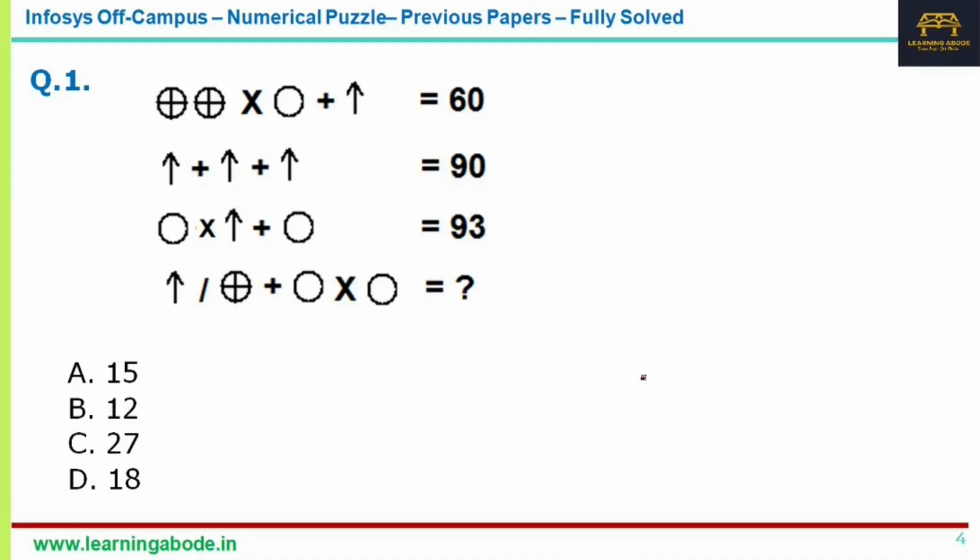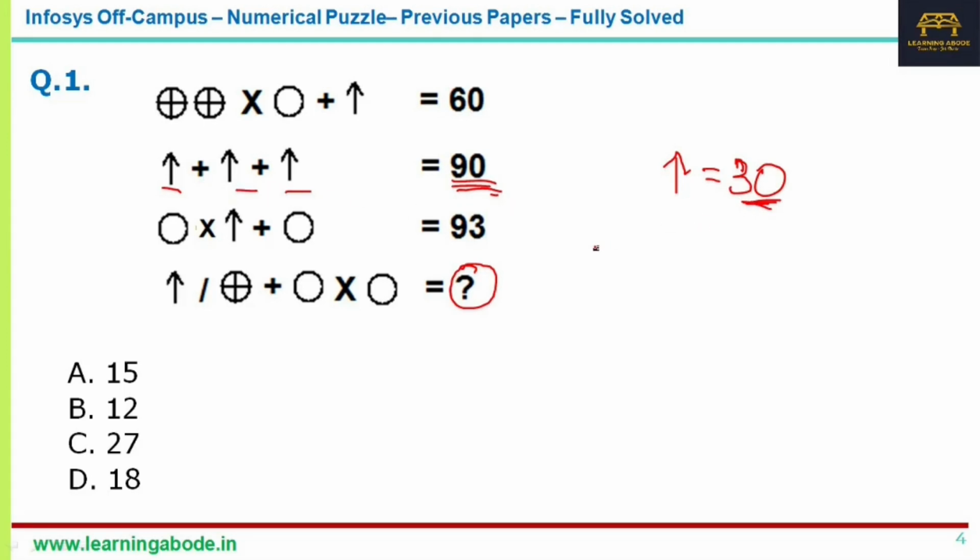Logical reasoning questions are also possible. So here, something has been given. You have to find what will come in place of the question mark. When you look at this question, you can easily find where to start. You have 3 arrow marks here and you have 90 here, which means one arrow mark represents 30, since 30 plus 30 plus 30 is 90.